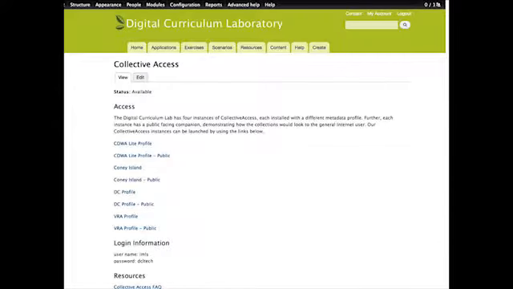So what are we doing with these? Here's Collective Access, which is a museum system. And behind it is the Digital Curriculum Lab, which again is not e-science, but what it's looking at is convergence. Everyone talks convergence, but I'm not certain I believe it. It's a convergence of library approaches in the digital world, archival approaches in the digital world, and museum approaches in the digital world. And this was based on an IMLS and NHPRC grant. The convergence of those approaches, to me, shows the divergence of the different ways of thinking that people bring to this. And I bet that you all, the e-science folk, think much differently as well.